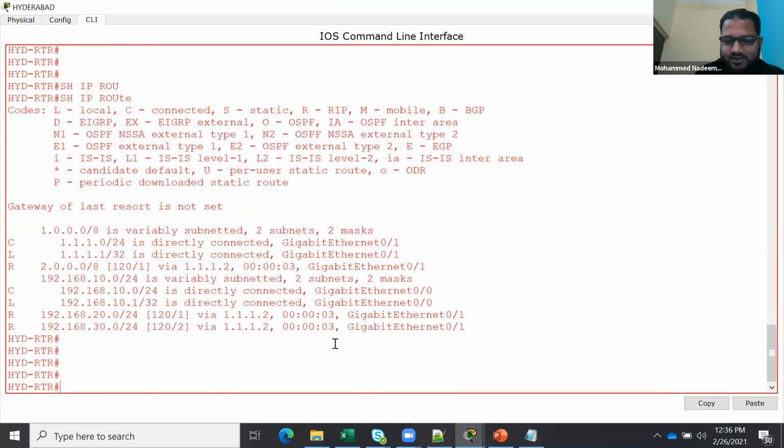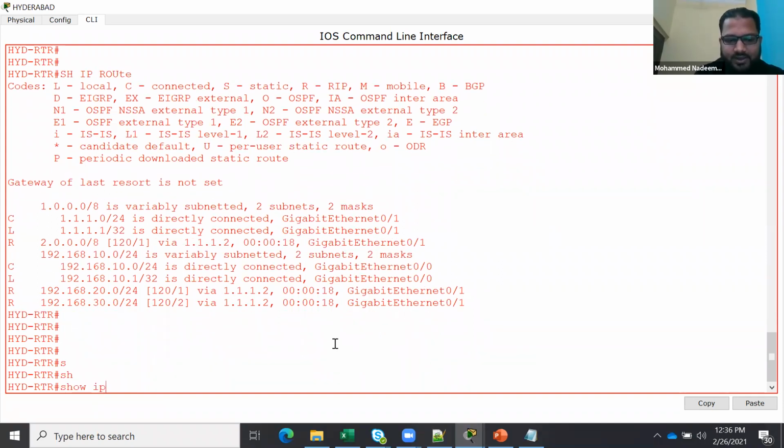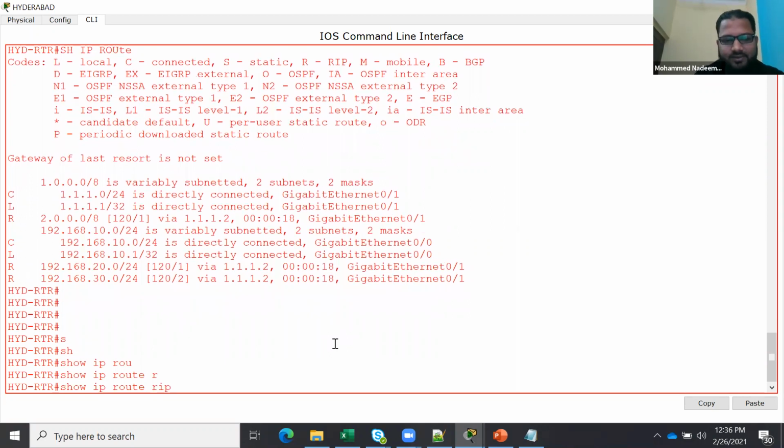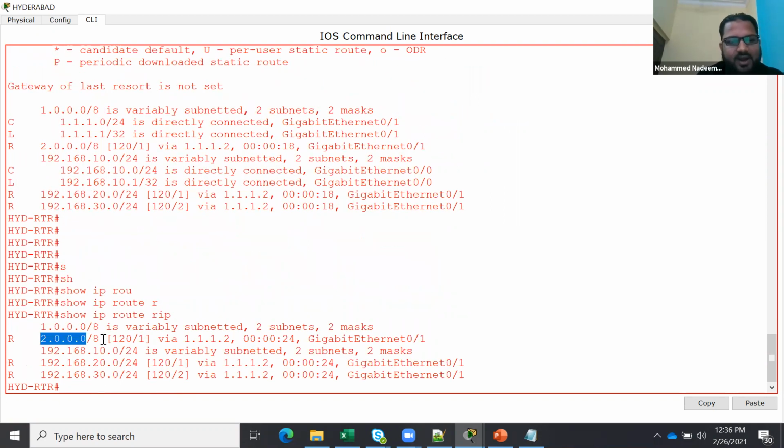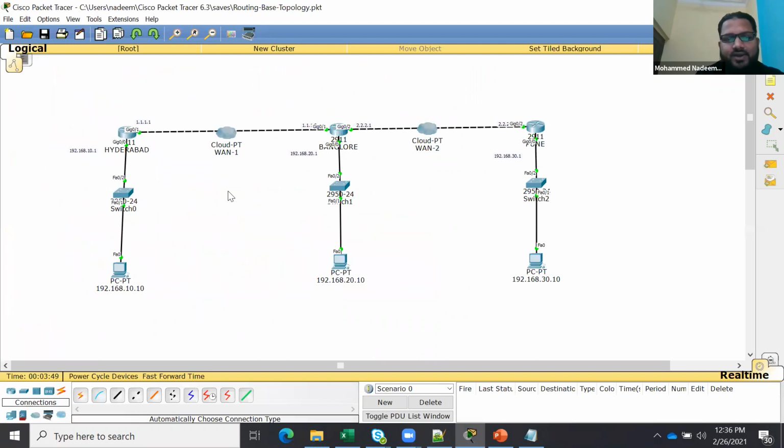Who gave this? So if I say show IP route RIP, can you see? So RIP advertised and received these routes. Can you see the administrative distance 120? So what happens is, in dynamic routing, we define our own directly connected networks here. By using the dynamic protocol, RIP is the protocol, it has algorithms, it has the features.